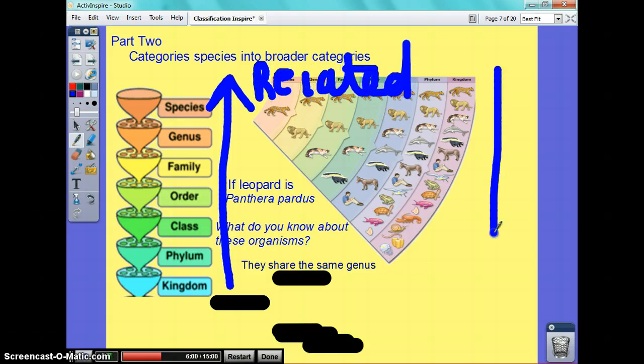Okay, as you go this way, obviously look at this picture. You see a human there in the middle? We're in the same kingdom as a jellyfish. I know I look nothing like a jellyfish. Okay, but as you go closer, we are in the same class as a cat and a dolphin. So we're going to learn about how they came up with these groups.